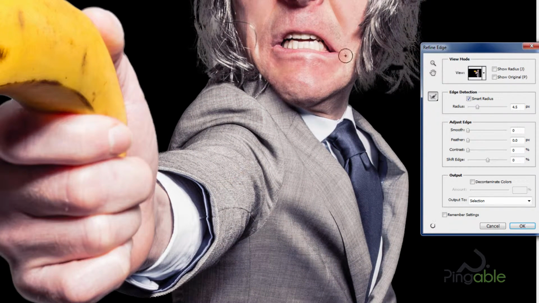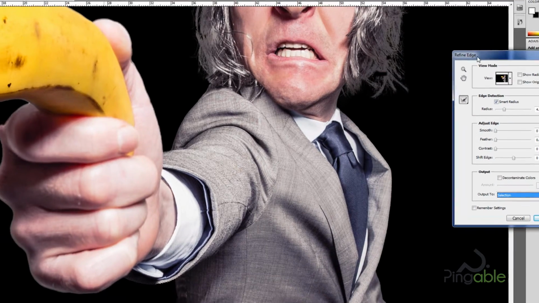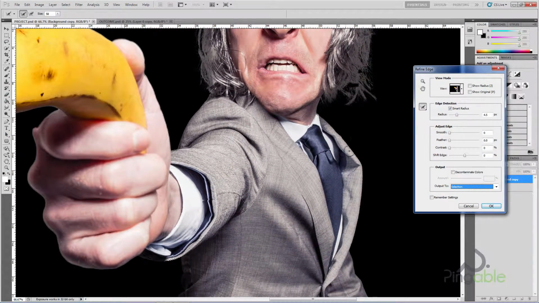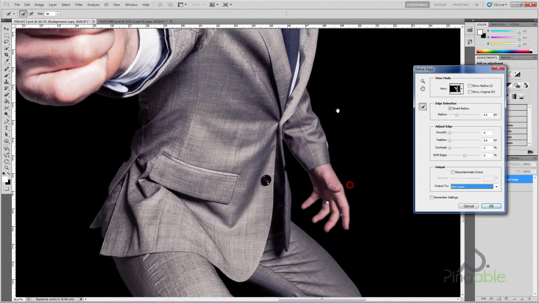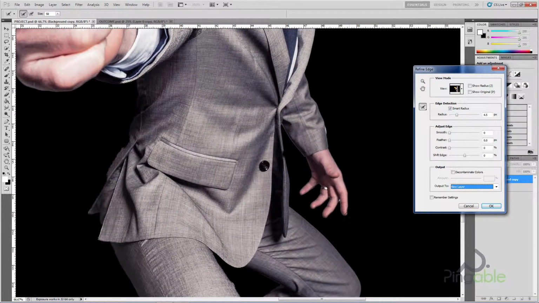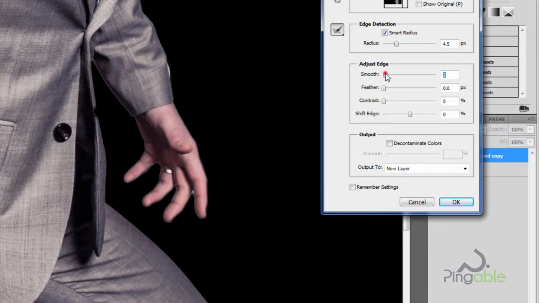The goal here is to get this as accurately selected as possible, and then we're going to output it to a layer mask as opposed to a selection, which we can then do some more stuff with. Moving around the screen, we've got a few issues here. We've got a bit of colour bleeding into the edge there. So what we can do is smooth out the selection a bit, maybe feather it just a little bit,